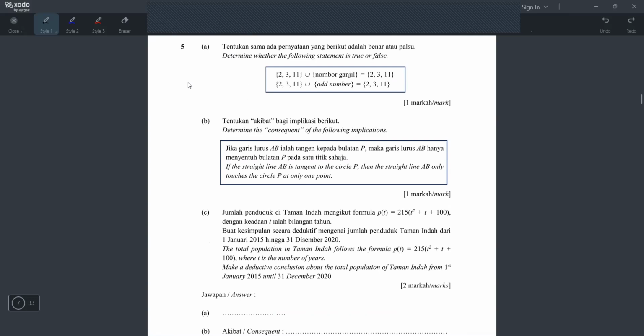Okay, let's continue. Number 5, this is logical reasoning. Okay, penakakulan logic. Okay, let's read. Determine whether the following statement is true or false. Okay, let's see. Is this a single statement or compound statement? I think this is a single statement, because compound statement you will see the word and ataupun or. Okay, kalau you nampak perkataan and or, they will have 2 true values.